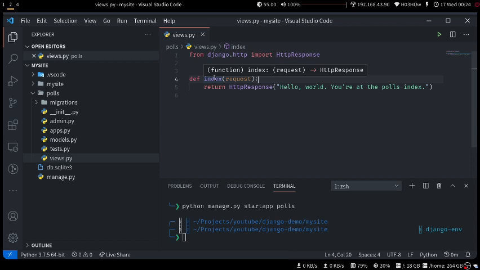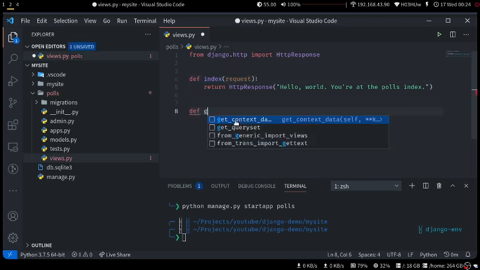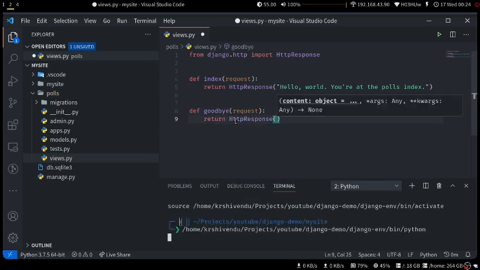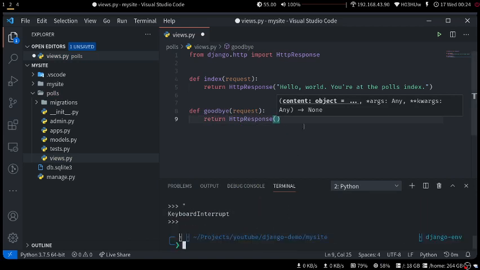You have google.com/hello, and then you have google.com/bye. For google.com/hello you can return hello world, and for google.com/bye you can return goodbye. These two are different things. In that case we will have to define a goodbye function, take it here and return HttpResponse goodbye.